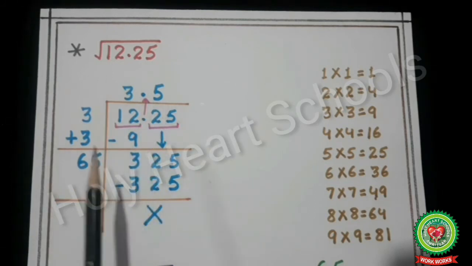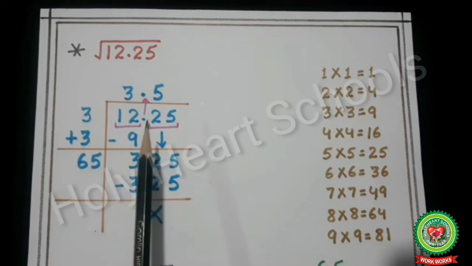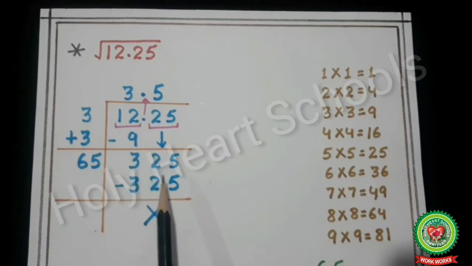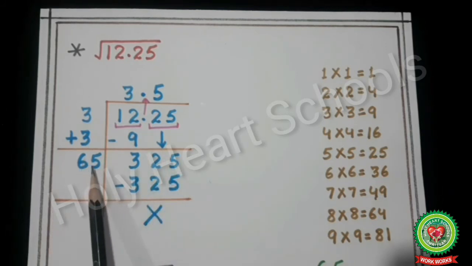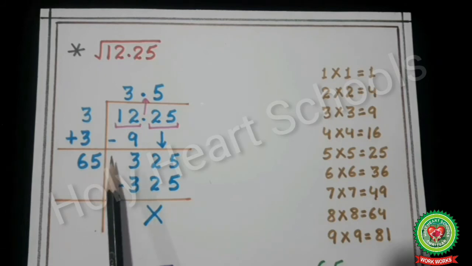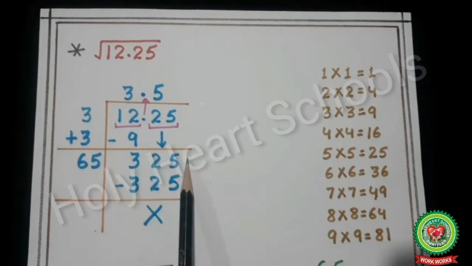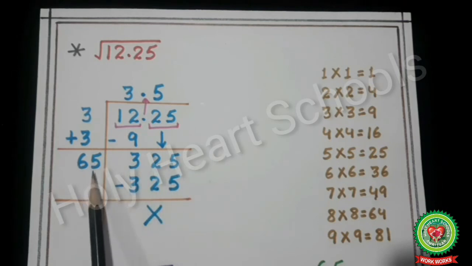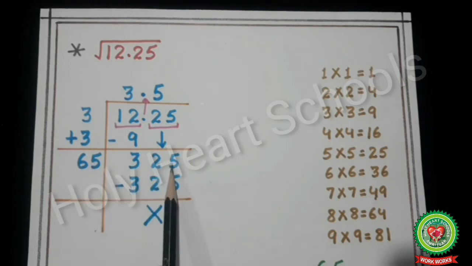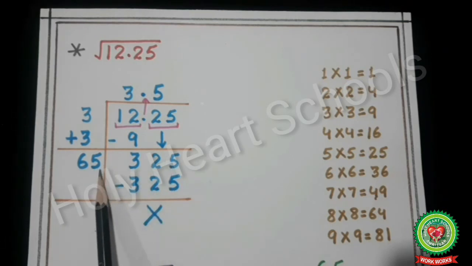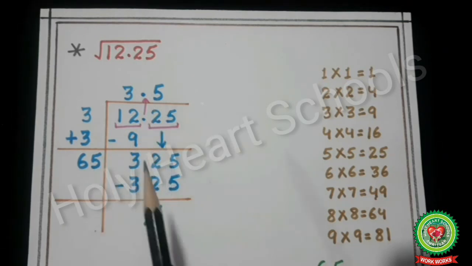Then our next step is to think about a digit which is to be written with the divisor as well as with the quotient, such that when the divisor and that digit get multiplied, we get a number which is either equal to 325 or just less than 325. While thinking about such a digit, we have to keep the last digit in mind, that is 5. So if I write here 1, 1 multiplied by 1 is equal to 1, not satisfied by the last digit. Thinking in such a way, we have got a digit 5 which is satisfied by the last digit, but before writing it with the divisor as well as with the quotient, we have to